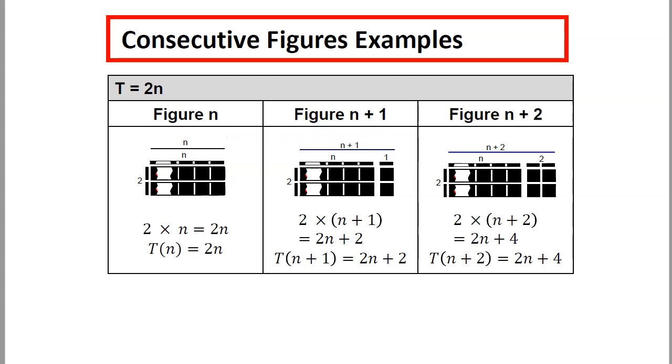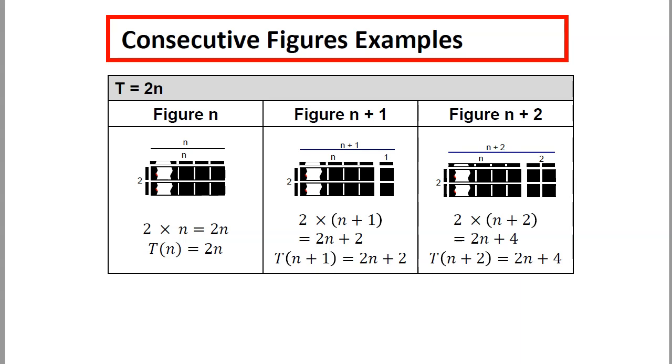So let's look at t equals 2n and then figure n plus 1 and n plus 2 as illustrated here. You can see at first we have 2 times n, then we have 2 times n plus 1, then we have 2 times n plus 2. And you can correspond the function t of n is 2n, 2 black strips, t of n plus 1, 2n plus 2, 2 black strips and 2 black tiles, and t of n plus 2, 2 black strips and 4